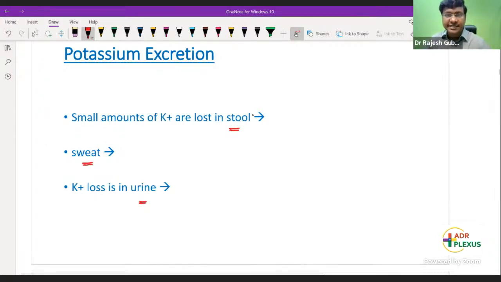You might have come across these clinical scenarios. A patient presenting with gastroenteritis, having hypokalemia. I'll tell you one important clinical scenario which we have come across, okay? We had one 28-year-old auto driver, right? And he had presented to the casualty with palpitations. Palpitations was the presentation. And when we connected to the cardiac monitor, arrhythmias were there, right? There was VT or VF which was going on. And blood pressure, when we checked, it was hardly 70 by 40 millimeters of mercury. That means he was hemodynamically unstable.